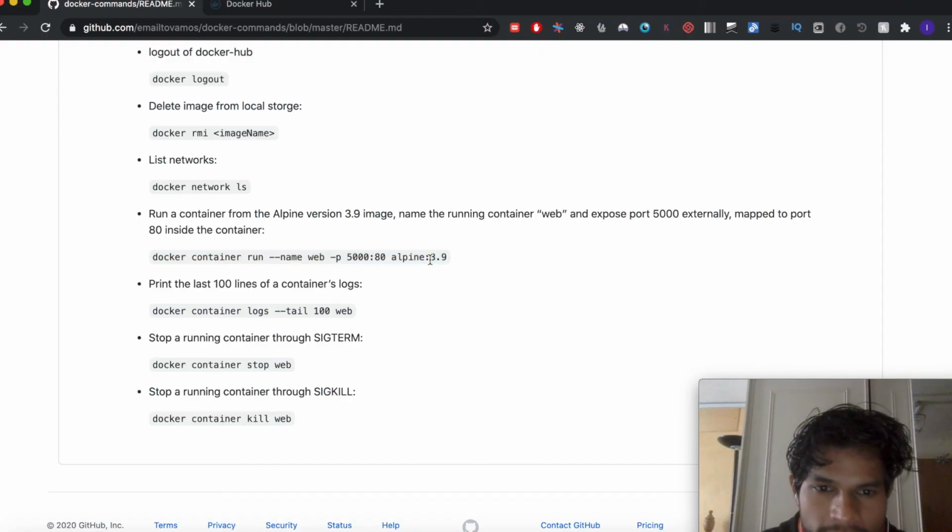You can run it by using simply the image name. I'm running a standard alpine container right now, and the command is docker container run, and then you can give options. Eventually you give the image name, which is alpine colon 3.9, and here you can give a name to your container, and here the name given is web, and the port is 5000. The 5000 port is getting exposed, and it is connecting to the local port of 80. So if I simply run this command,